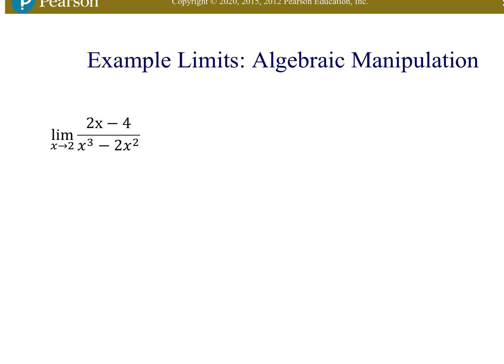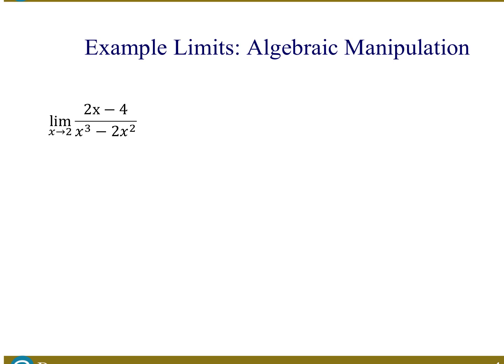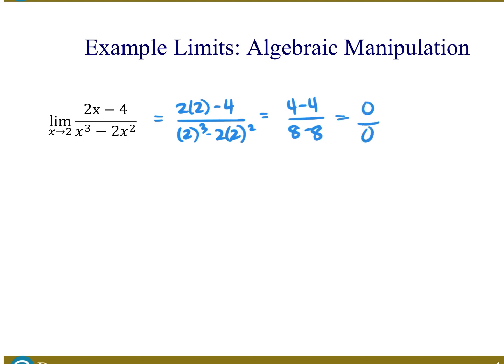Okay, let's try another one. We're moving on to the next one. All right, I'm going to try substitution first. 2 times 2 minus 4 for the numerator. 2 cubed minus 2 times 2 squared. That's going to give me 4 minus 4 over 8 minus 8. So I do get 0 over 0. I've once again arrived at an indeterminate form,